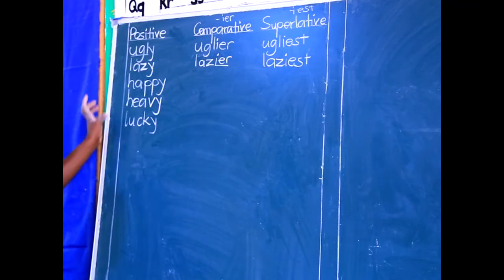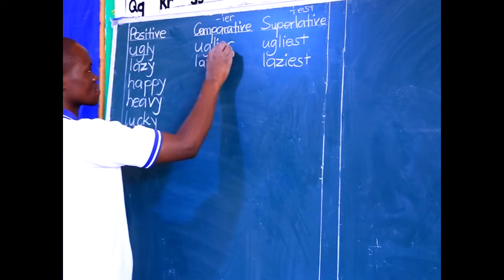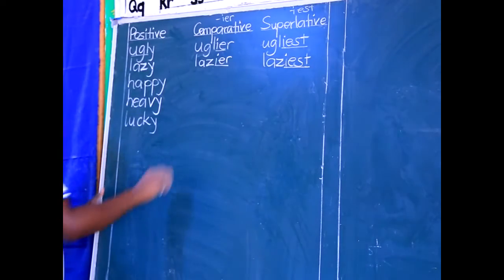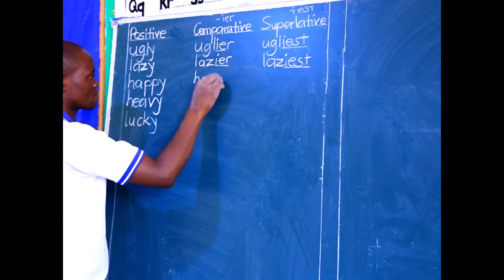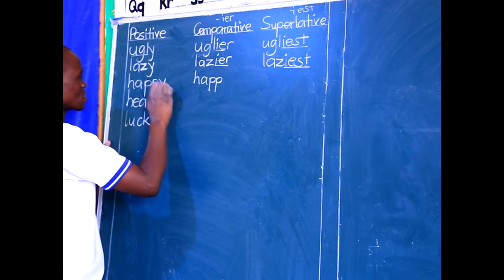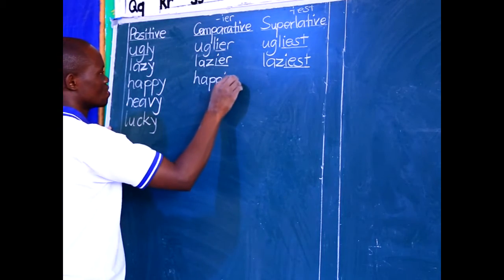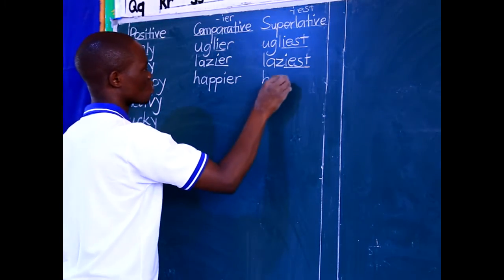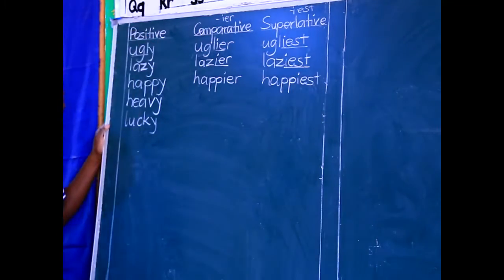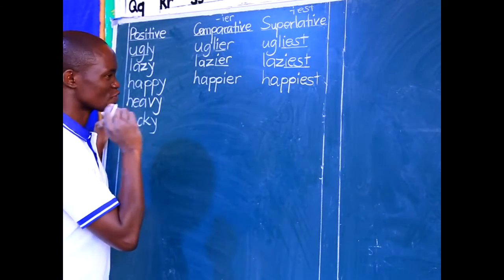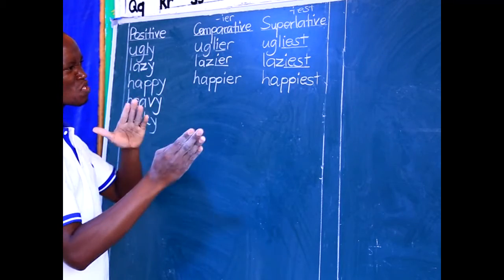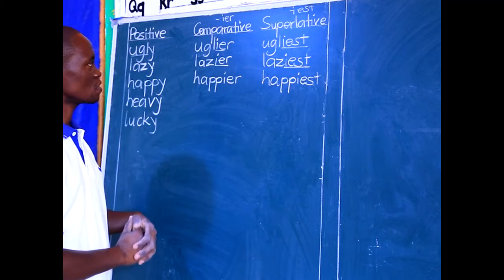Happy. Can you fail to form the comparative of happy? Having seen this, and this, and this, and this, impossible. Okay. Happy changes to happier. Before you bring in anything else, think of the last Y, which changes to I-E-R, and then the last Y in the superlative, which changes to I-E-S-T. So in all categories, you'll discover there are letters that fit almost everywhere, like the teacher talked about at the beginning, that is using suffix ER and using suffix EST.